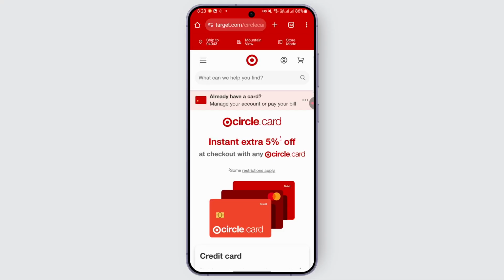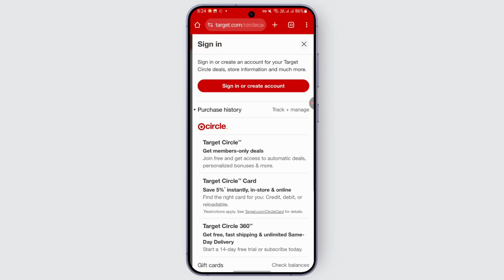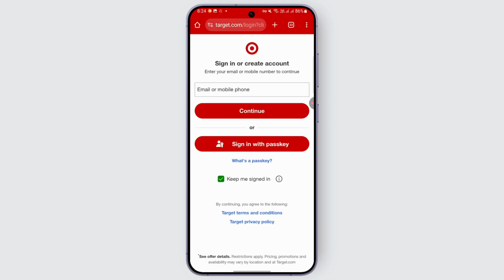Now, in order to log in, you can basically go ahead and look out for the login option at the top right corner and tap on it, and you will be taken to the section. Look out for the sign in or create account option and head over to another page, the login page. Now all you have to do is use your credentials here, enter your registered username and your password, and then click on the sign in option to access account details,